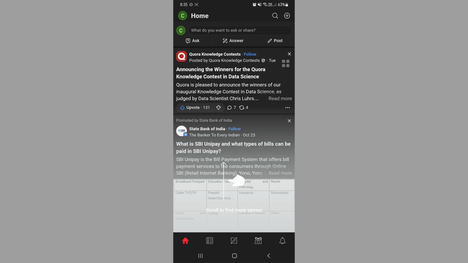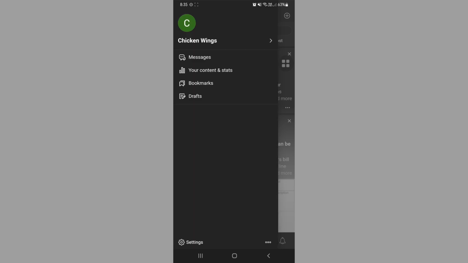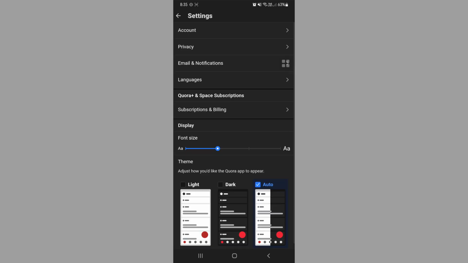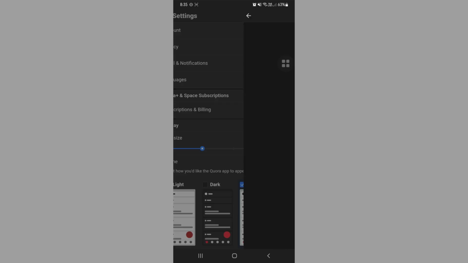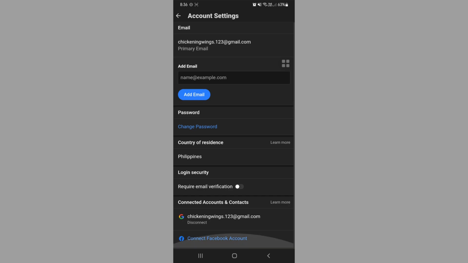Now, here you just need to click on the top left to your profile, and you just need to scroll down till you see settings icon on the bottom left and click on it. Now, here you just need to click on account, and here you need to scroll down and see if you